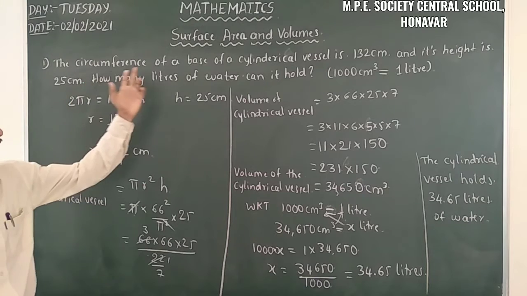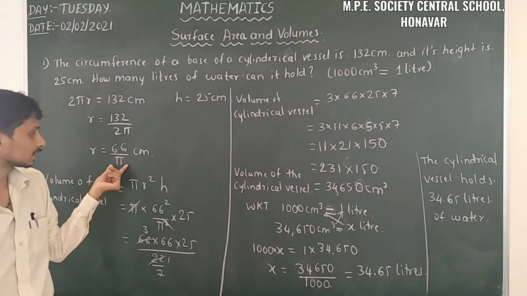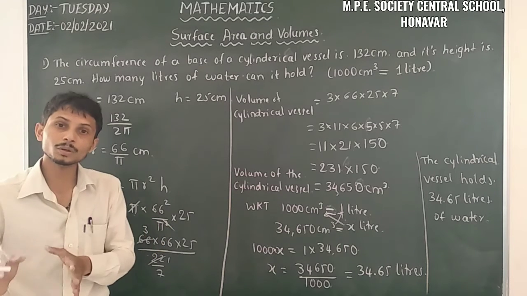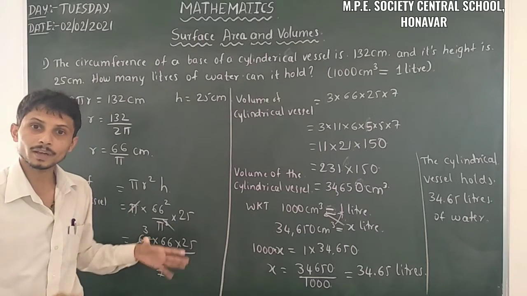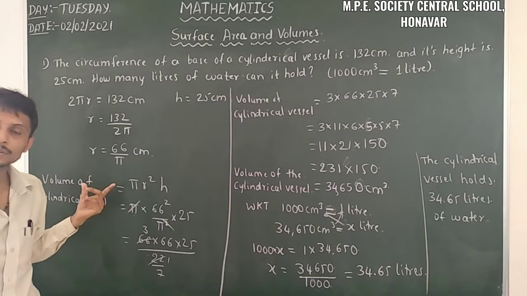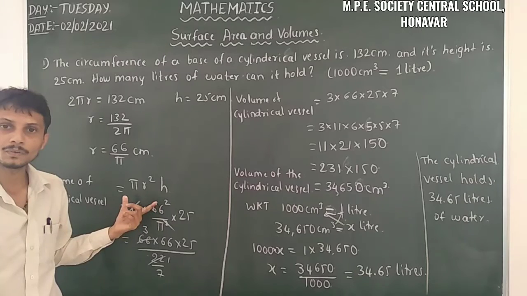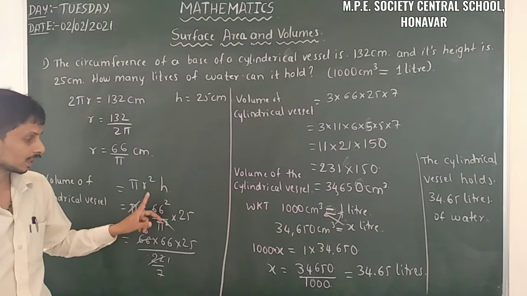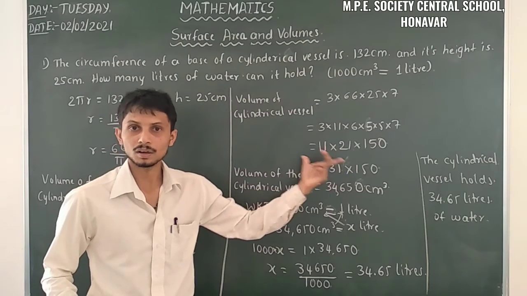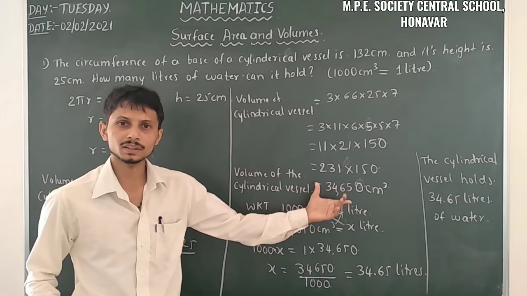Here just observe the circumference is given. Using the circumference we can find the value of r. I just left pi as it is, we can cancel it here. Based on our problem we have to think ourselves which one to keep as it is. And we have the value of h. So substitute the values of r and h in the formula for the volume of this right circular cylinder, that is pi r square h, and simplify using factorization methods, so you can solve easily and get the answer.